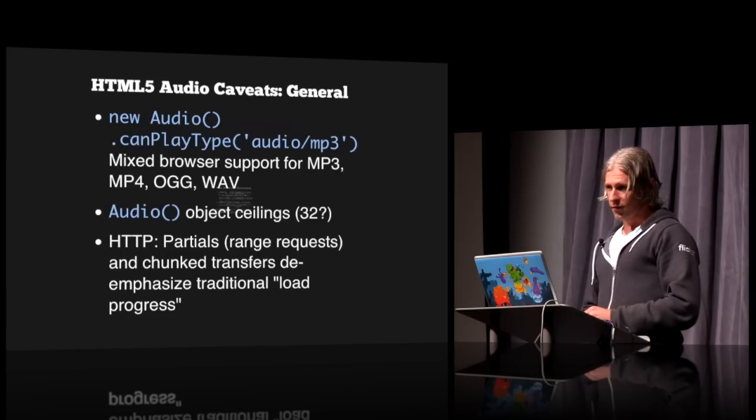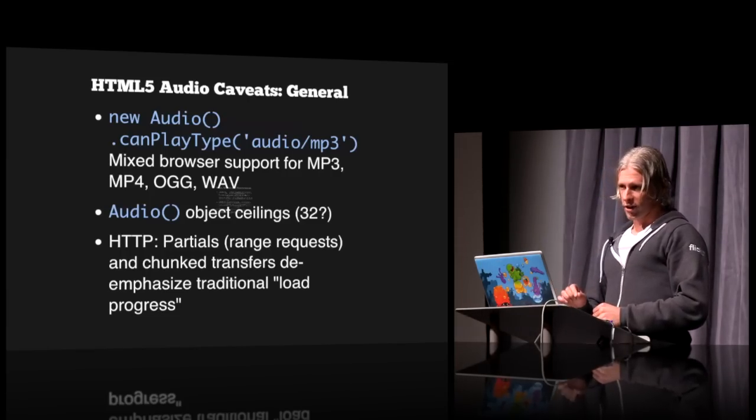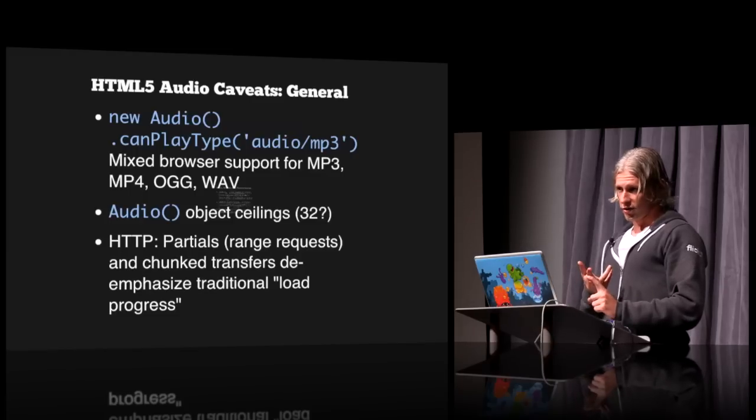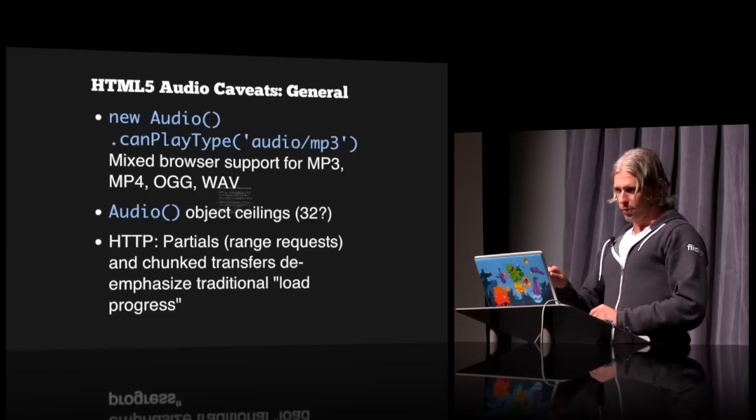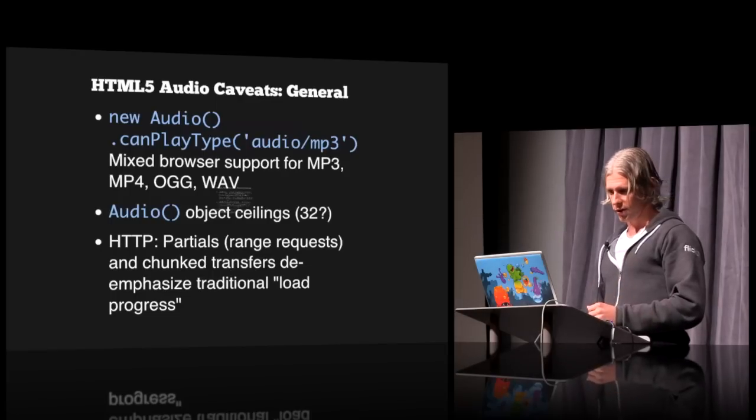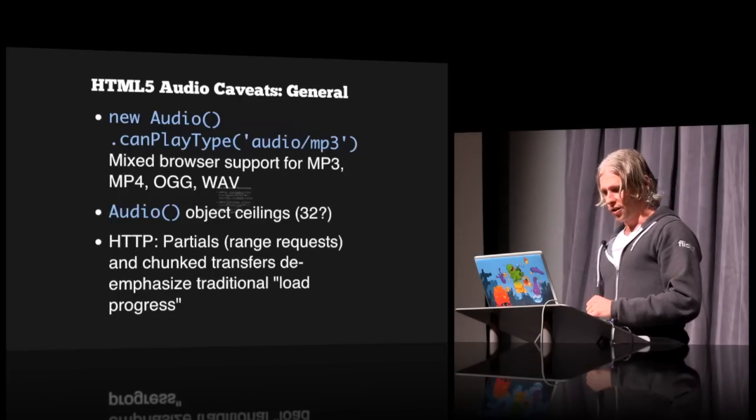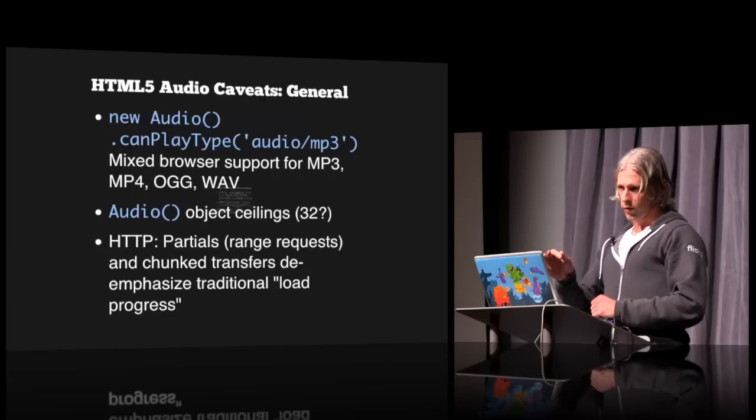So it's a black box where you don't know what the hell the browser is going to tell you. You have to be as specific as you can when specifying that MIME type to get the best certainty about whether support is present. Then, of course, all browsers are mixed in their support, so you pretty much have to test for everything. Some browsers may also have limitations on the number of objects that can exist or play simultaneously. So 32 might be a magic number to watch out for if you're trying to load and play a lot of sound simultaneously.